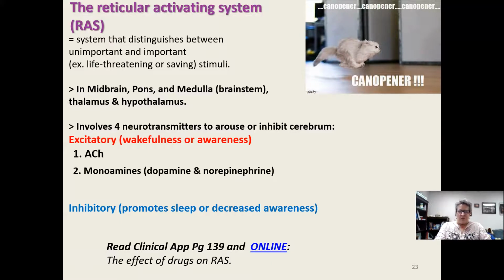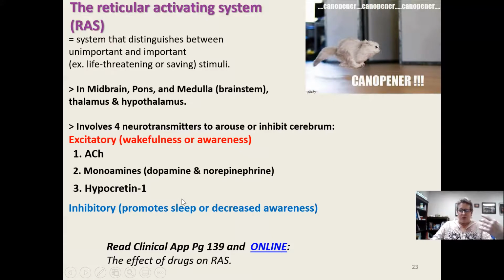Also stimulatory in your brain are dopamine, which is stimulatory, and norepinephrine, which heightens awareness in fight or flight mode. And then hypocretin is more recently discovered as a stimulating neurotransmitter in the reticular activating system. They discovered its role kind of accidentally by looking at people who have narcolepsy. People who have narcolepsy tend to fall asleep at inappropriate times. And they found through brain scans and testing them that they seem to lack hypocretin, and that might play a role in why they fall asleep